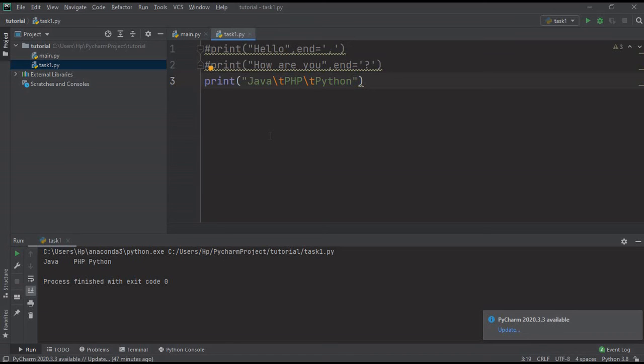See, so it is putting a little bit of space between all these words. Okay, so in this way you can do various experiments with the print method, and you can display your output in Python.